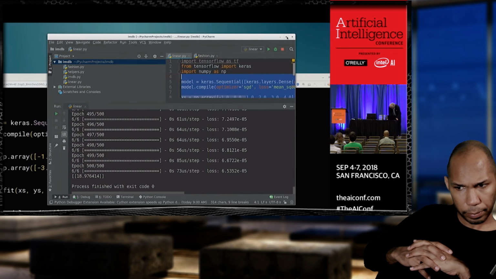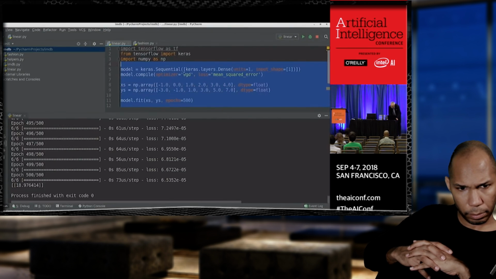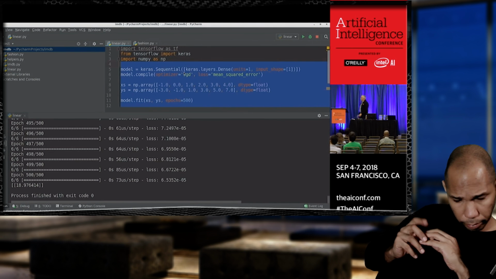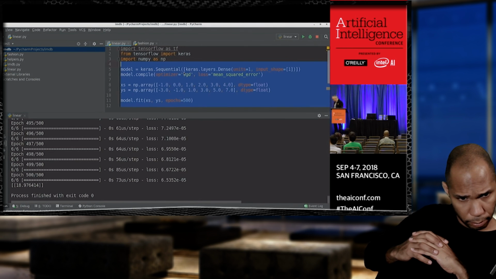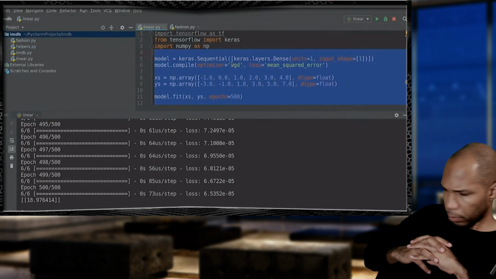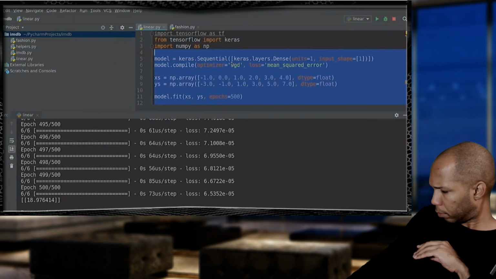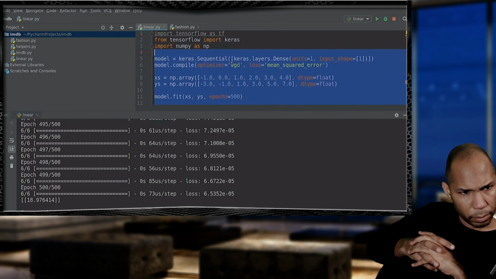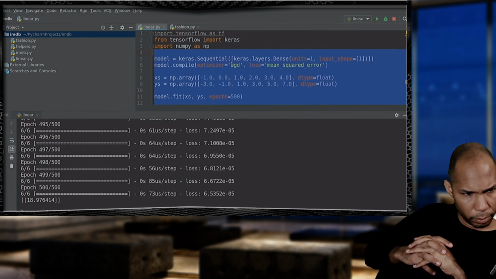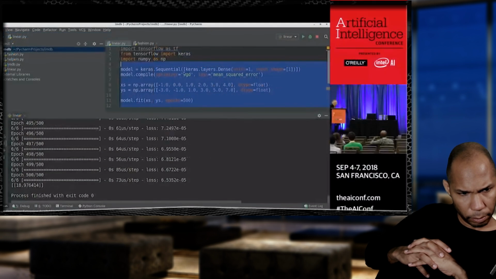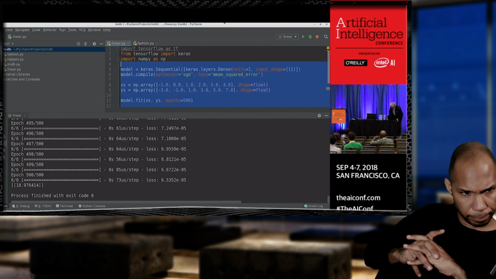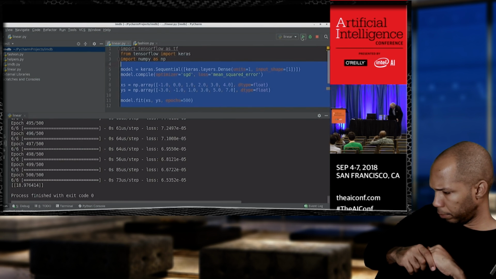All right, so I have that code. Yeah. So you can see that code I have now running up there. And if you look right at the bottom of the screen over here, we can see here's where it has actually done the training. It's done 500 epochs worth of training. And then when I called the model.predict, it gave me this answer, which is 18.976414. And that was one that I ran earlier. I'm just going to try and run it again now, if I can. But it's really hard to see. So I'll click that run arrow.